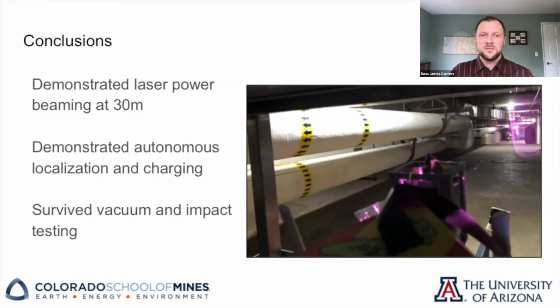Our team's development of the Lunar Autonomous Scalable Receiver and Emitter System was the result of the hard work and cooperation of over a dozen teammates at the Colorado School of Mines and the University of Arizona. We worked together through unforeseeable circumstances to build and test an integrated prototype of a laser power beaming system that can be developed toward a flight article for Eclipse lander, and conducted tests that retired several key risks of the